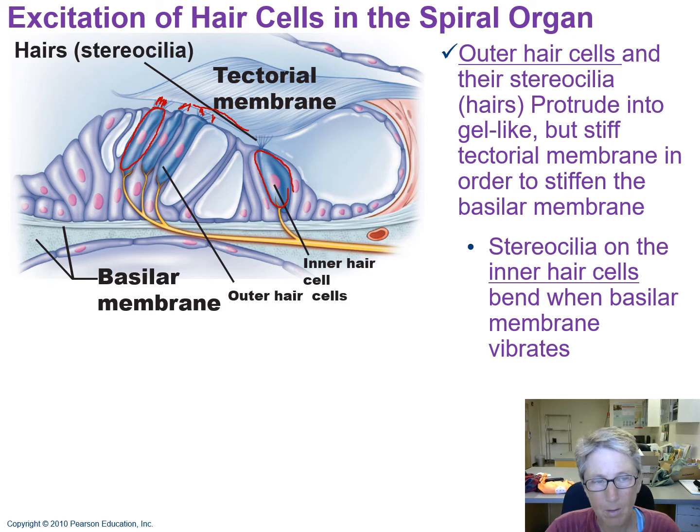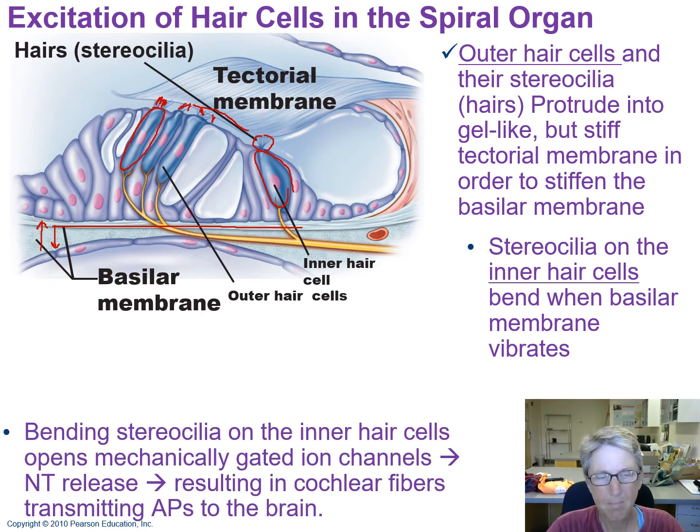But when you get a sound wave moving through the perilymph, then that basilar membrane is going to move up and down according to the wave in the perilymph, and the stereocilia on the inner hair cells will bend. Now, I don't have a cartoon of this, but you'll have to use your imagination. But when you bend these stereocilia,